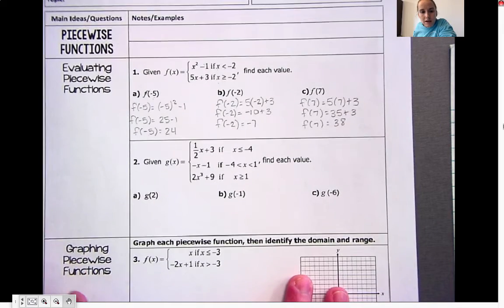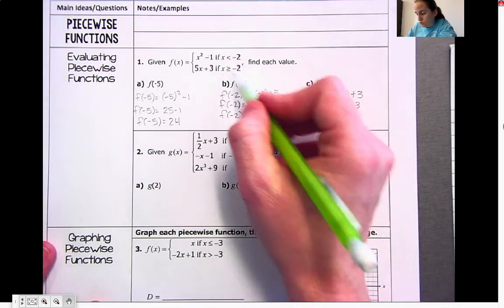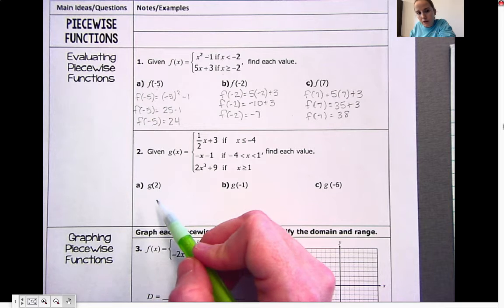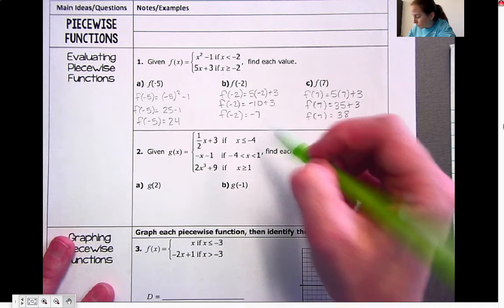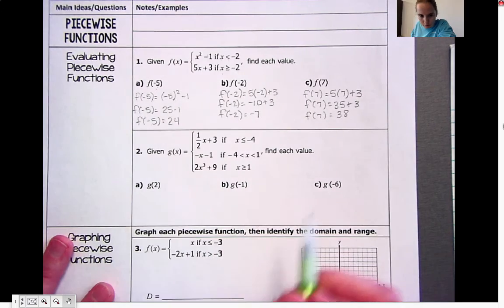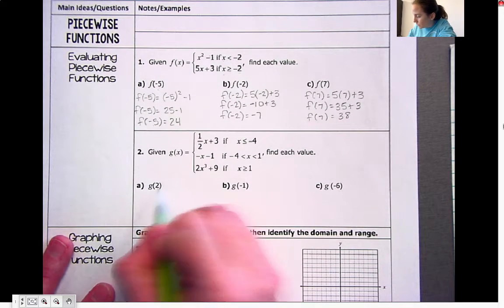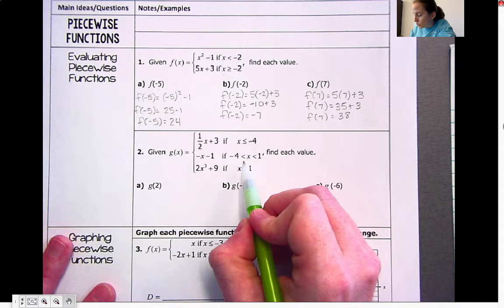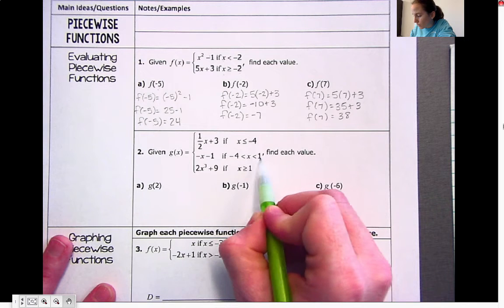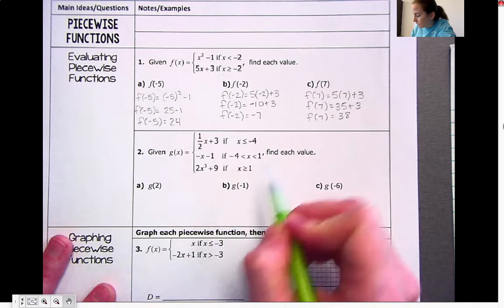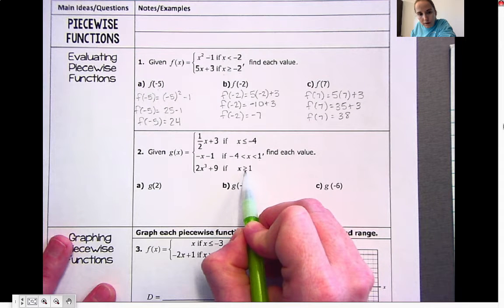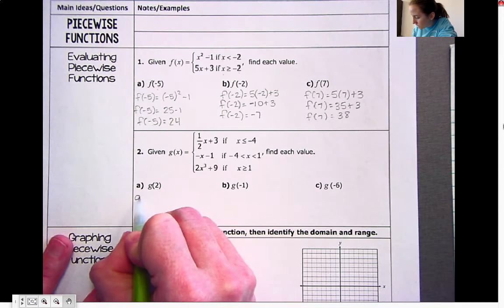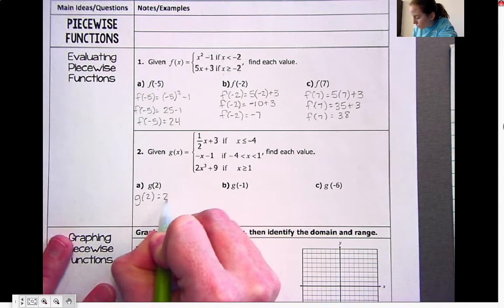Okay, now let's say that you have more than just the two parts here. Now you have three parts. Okay, so now you're doing the same thing. You just have to figure out, again, out of the three choices, where does your value fall? So g at 2, well, is 2 less than or equal to -4? No. Is 2 between -4 and 1? No. Is 2 greater than or equal to 1? Yes. So we're going to use this section here,